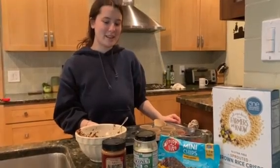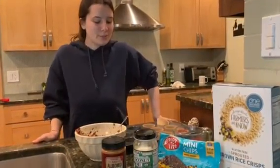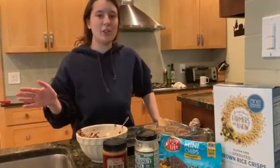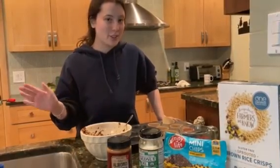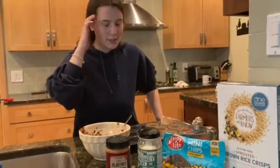Hi, my name is Anna, and I'm going to be making one of my favorite gluten-free treats. So, I'm going to be making peanut butter or nut butter crunch cups. You can do this with whatever your favorite nut butter, sun butter, almond butter, peanut butter, you name it,